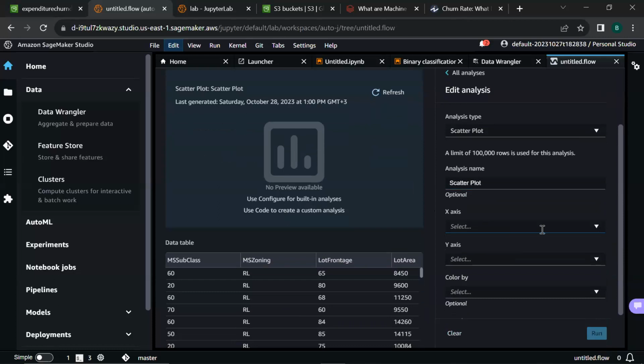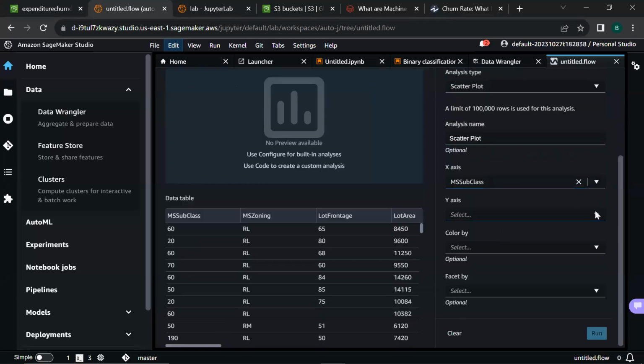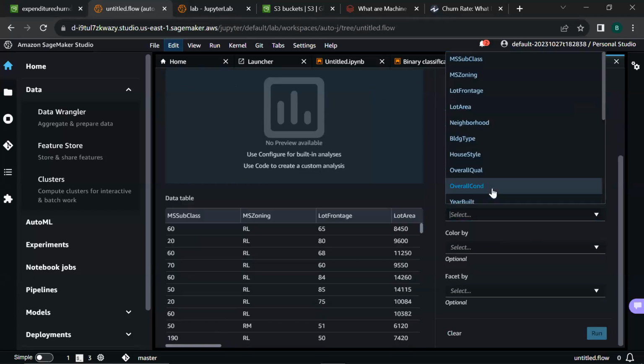Your x-axis, you have to select the x-axis. If we know what a scatter plot is, you're trying to compare two variables that are continuous in nature. Let's say you want to compare height and weight. You'll use a scatter plot in that case. So let's use one variable that is numerical in nature, such as this one, and the sell price.